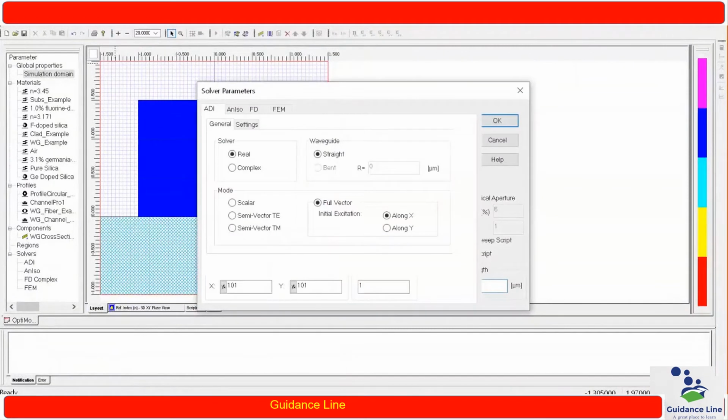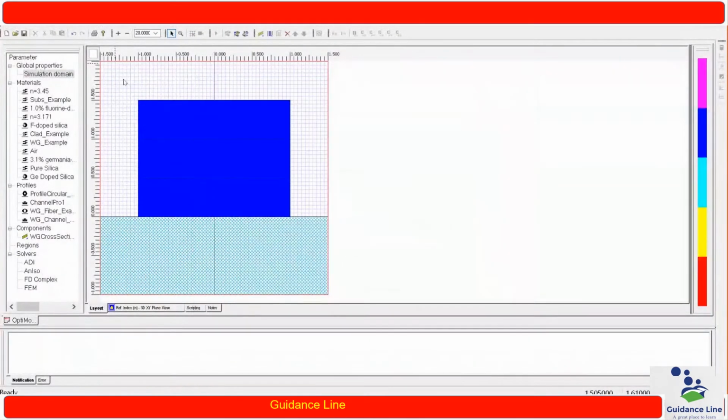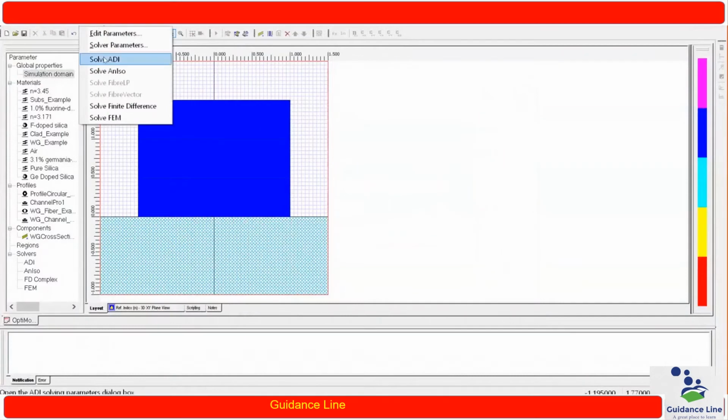So we can also make a variation in parameters in this particular method. So different methods are available over here. Okay, so this one is the ADI method, which is nothing but the alternating direction implicit method. Apart from that, we have the finite difference method and the FEM method. And for fiber analysis, we have two other methods, which are fiber linear polarized and fiber.